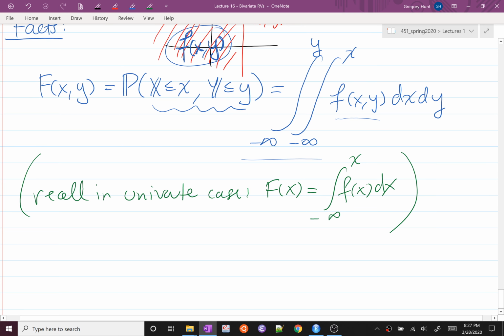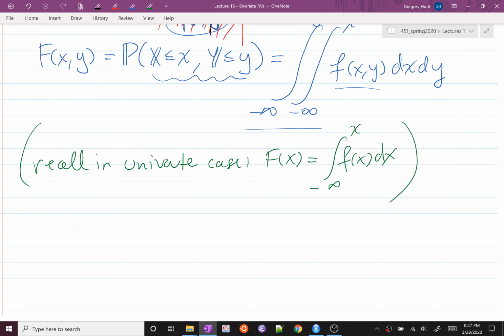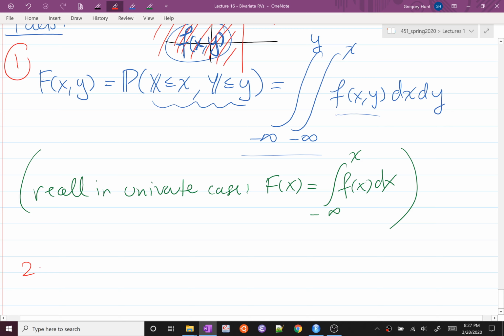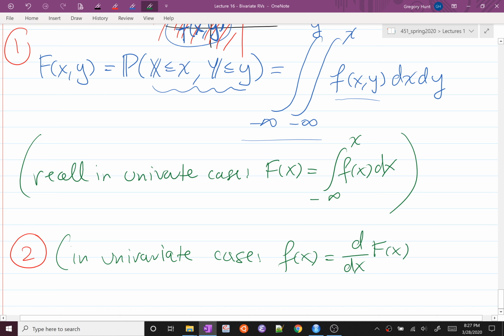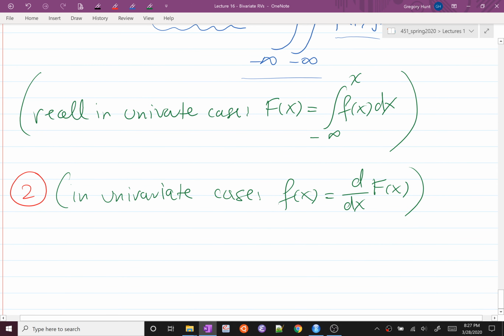Okay, the other facts here, so this is kind of fact one. The other fact here is that in the univariate case, I had this relationship that my PDF I could get by just differentiating my CDF. And we have a very similar relationship in the bivariate case. If I want to get my joint